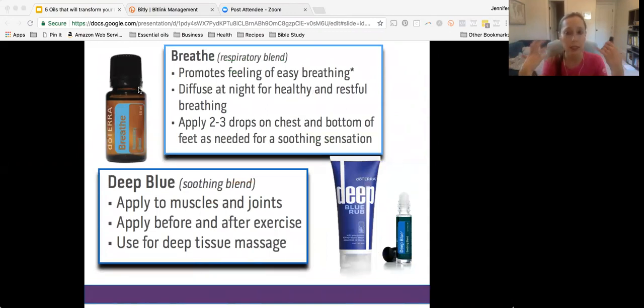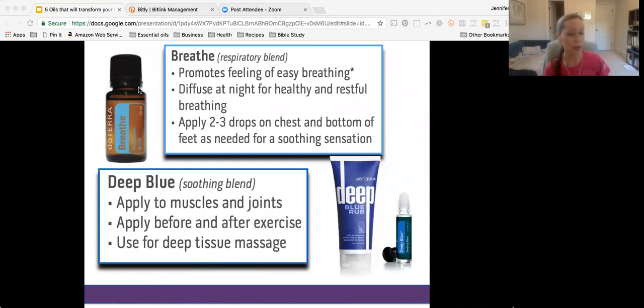And just breathing it in, it clears up your airways immediately and just helps reduce any sort of congestion or constriction that might be going on, helps promote feelings of easy breathing. Some people have trouble breathing well at night, so this is a nice one to use at night. You can apply it to the chest, similar to like Vicks Vapor Rub, but way better. You can apply it to the chest, or you can even diffuse it in your bedroom at night, and it is just a wonderful oil to have on hand. Anytime you've got someone in the home that's congested, or if you have someone in your home that snores at night, this is going to be a really good oil for them.